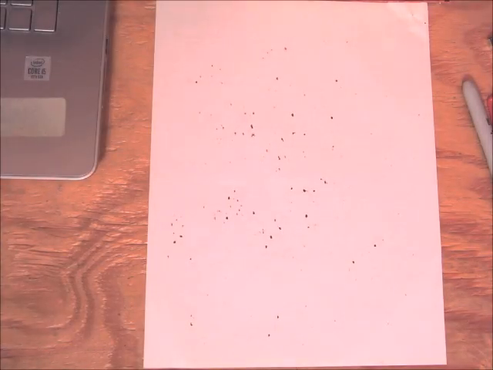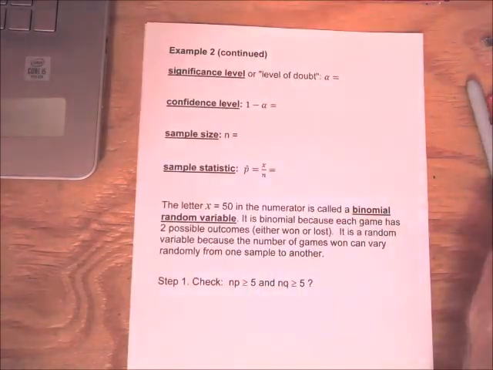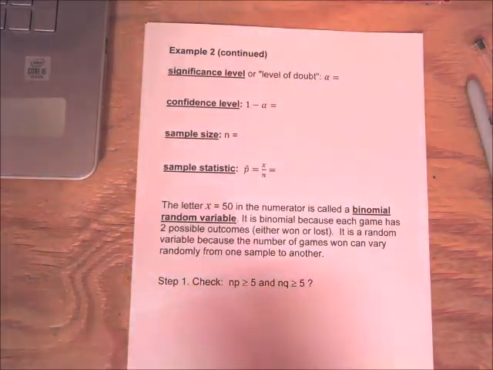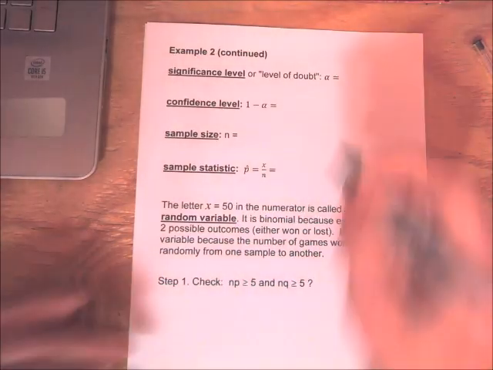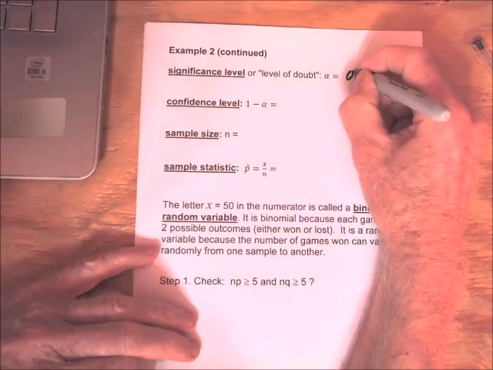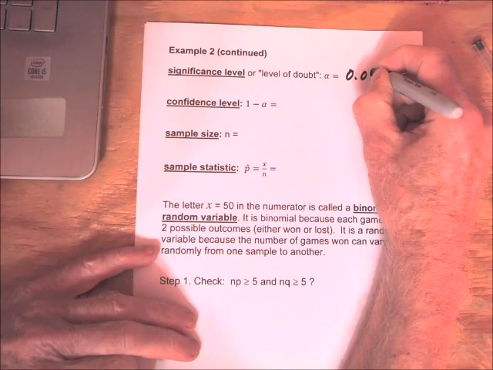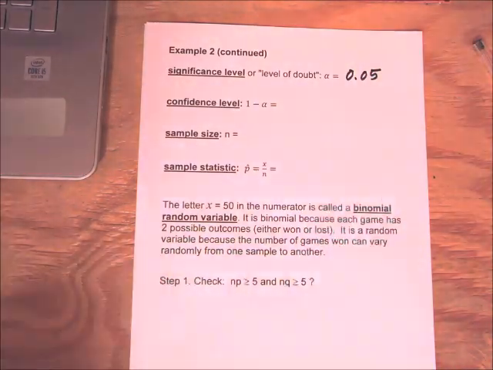Okay, the significance level, I like to call it the level of doubt, and that's actually the probability of a type 1 error, and we'll usually use 0.05. Sometimes we might use 0.01. It's up to the researcher to decide how much doubt they want to have, and the most common levels are 0.05 or 0.01. If you want to be very sure of not making a type 1 error, you might see 0.001 for your